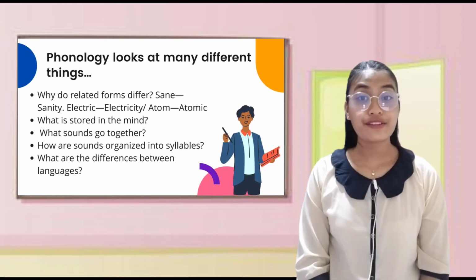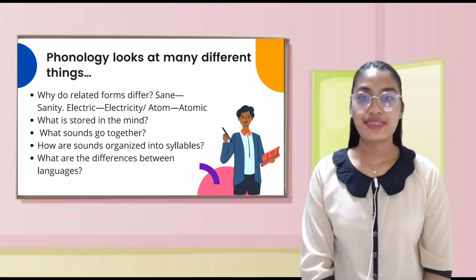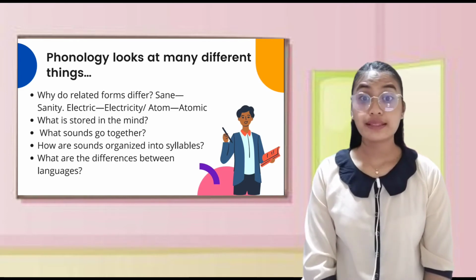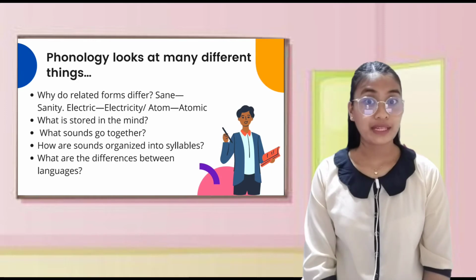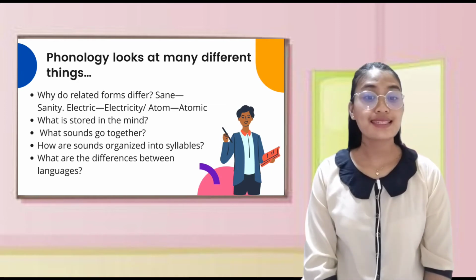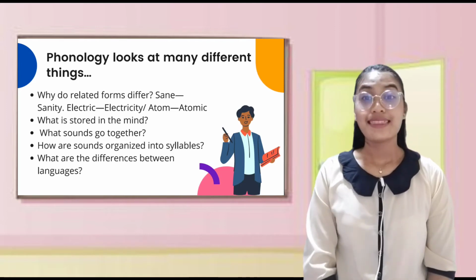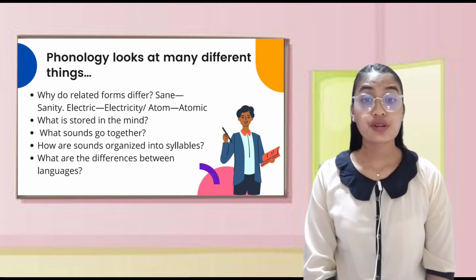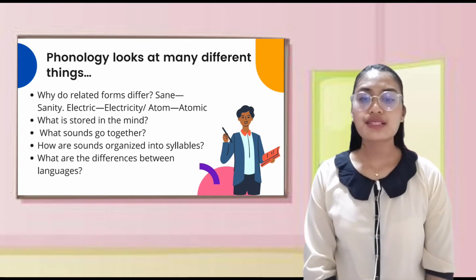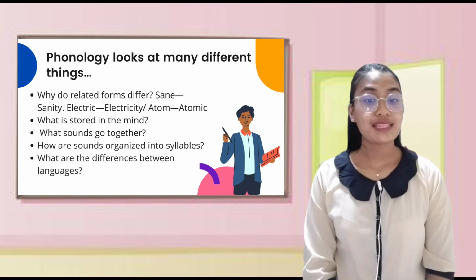Phonology looks at many different things. Let's take a look at this. Why do related forms differ? Say for instance, sane and sanity, electric, electricity, atom or atomic. Phonology finds the systematic ways in which the forms differ and explains them. Next is what is stored in the mind. Phonology studies abstract mental entities, such as structures and processes. This contrasts with phonetics, which deals with the actual production and acoustics of the sounds of